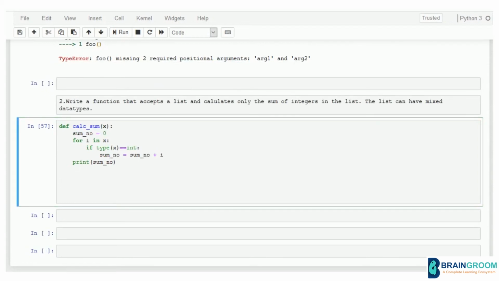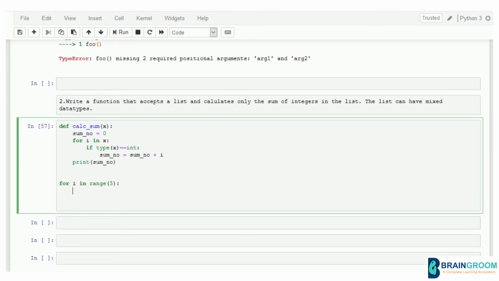Let's say you are giving an input of 5 elements. So you need to do for I in range say 5, right? 5 will generate 0 to 4. So this will iterate at I equal to 0, I equal to 1, I equal to 2, I equal to 3 and I equal to 4. So it will iterate 5 times.